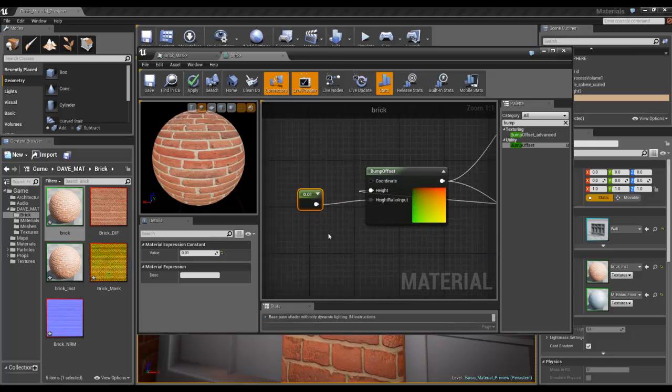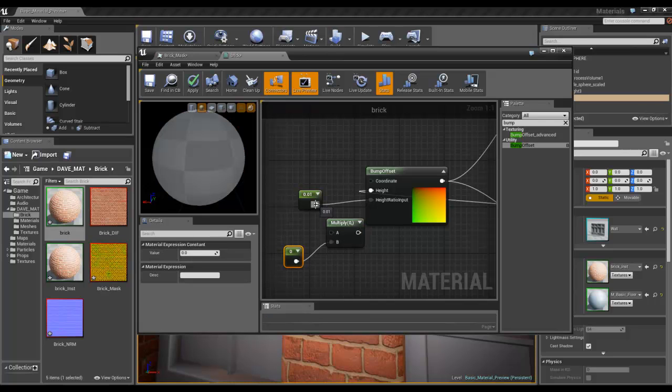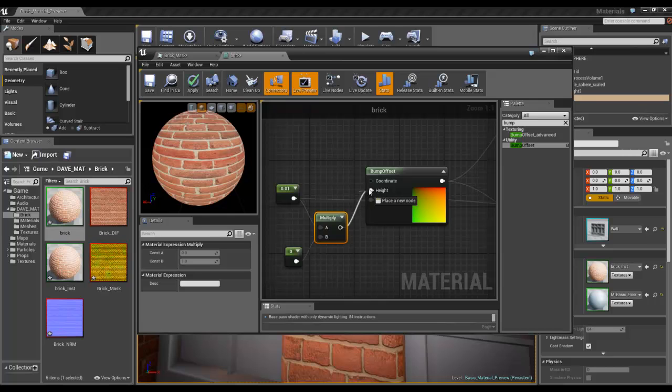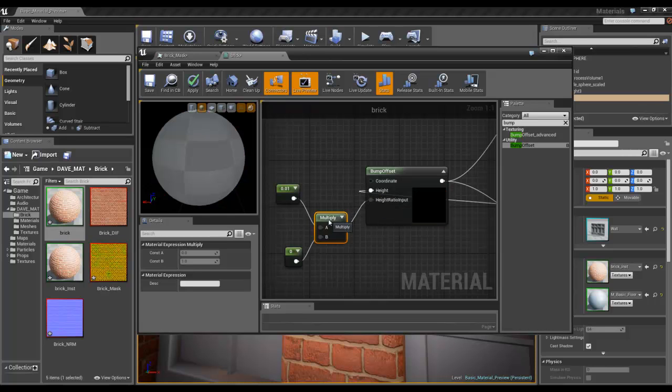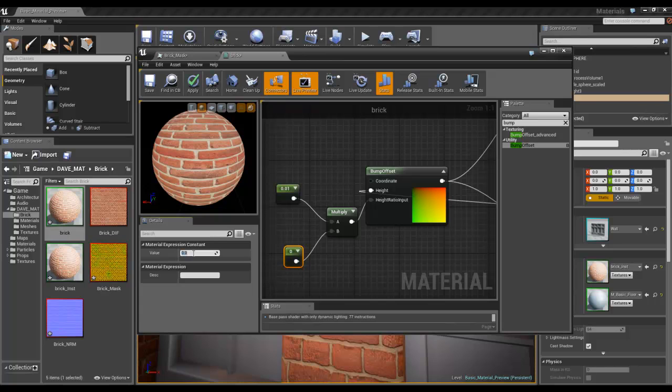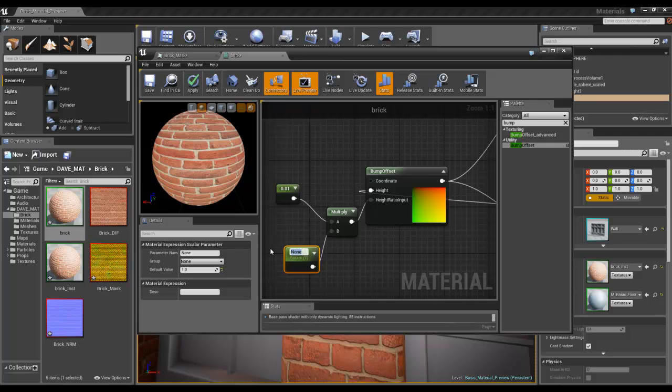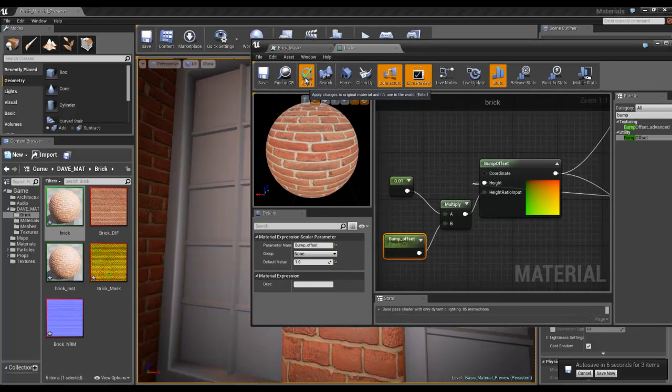So what I'm going to do is create a multiply node and add another constant to multiply this by, and then plug that into the ratio, and I make this a whole number and then make this a parameter and call it bump offset. That way, as I multiply this, we're multiplying this 0.01, but it means we can use bigger numbers. So hit apply,